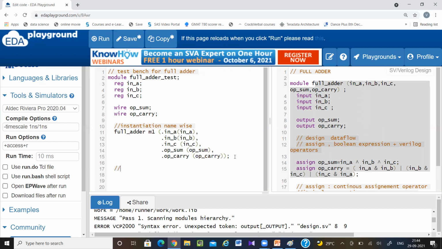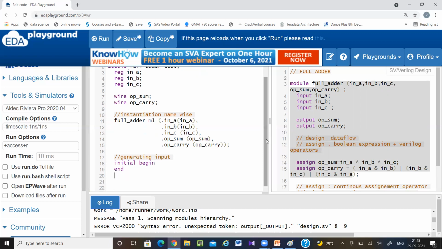Next, the connection is done. Next I have to generate some input, give it to my design, and collect the output. So the next step is generating input. In the test bench, whatever you do goes inside initial begin, end. This kind of modeling style is known as behavioral modeling style, but it is not synthesizable.